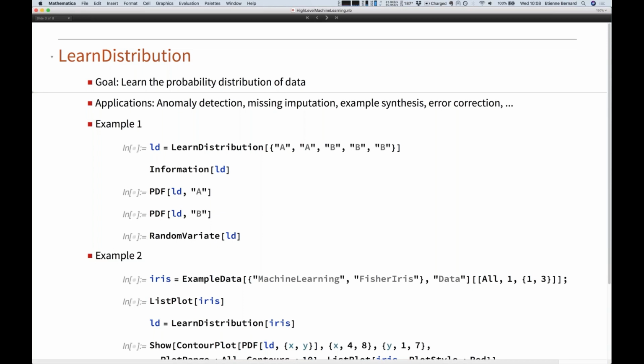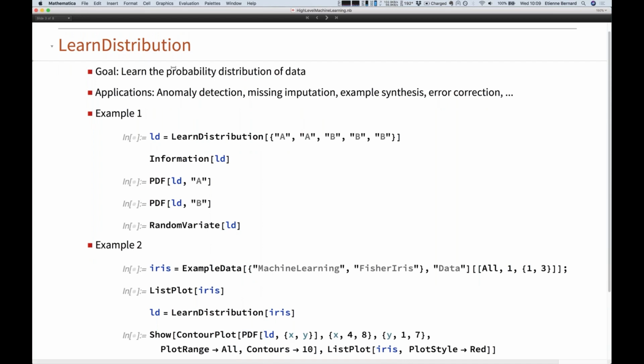This ability unlocks many applications, such as anomaly detection, missing value imputation, synthesizing new examples, correcting errors as well. That's why I often refer to this as the holy grail of unsupervised learning. It's something we've been waiting a long time to have in the language, so I'm pretty excited that we have it now.